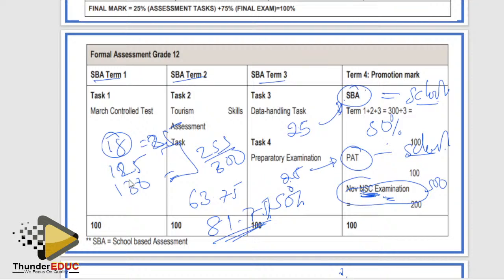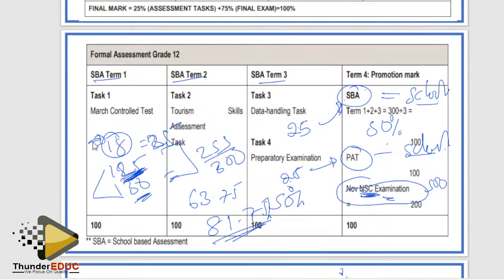So it means that you can do paper 1 maybe not that good, paper 2 you do that's good. Because the weighting is the same, automatically it pushes you up, and then when you come back and you didn't do well in SBA, then automatically you will get a distinction.